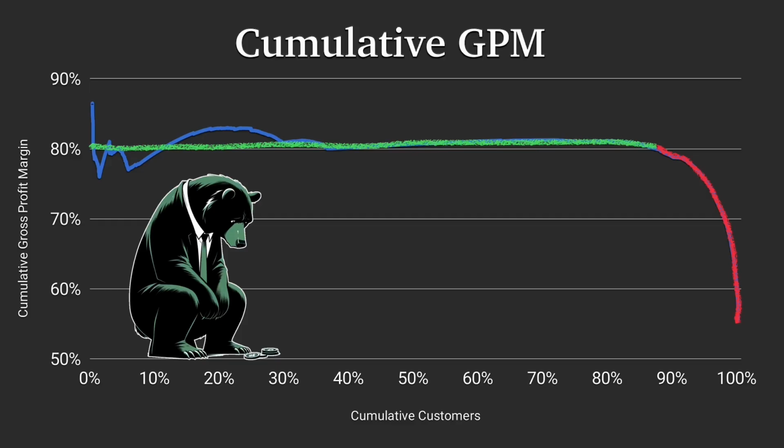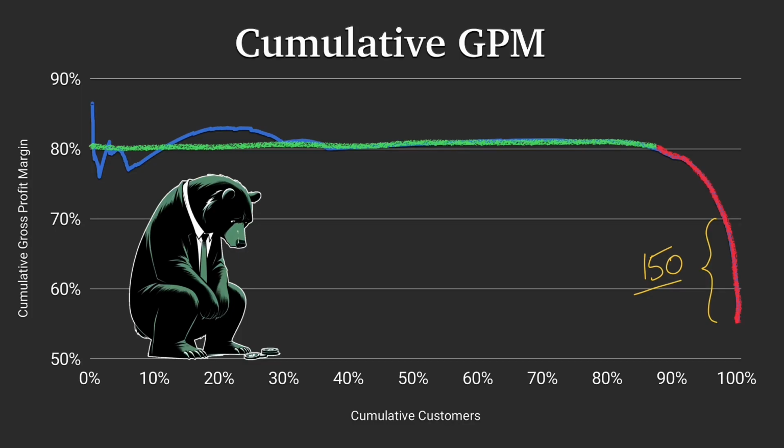In this example of WP Engine in 2012, it was even more extreme. The bottom 150 customers dropped us from a 70% margin to 55%. Just 150 customers, again, out of nearly 10,000. And again, 70% is a fantastic gross profit margin. So we don't even have to address the entire unprofitable tail, just address the bottom 150.